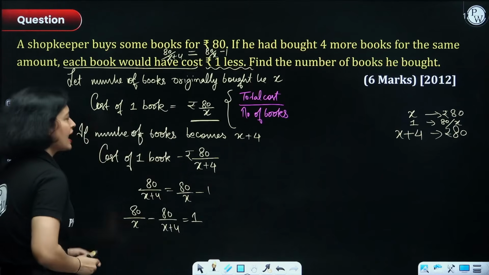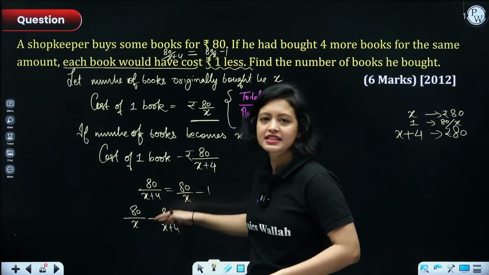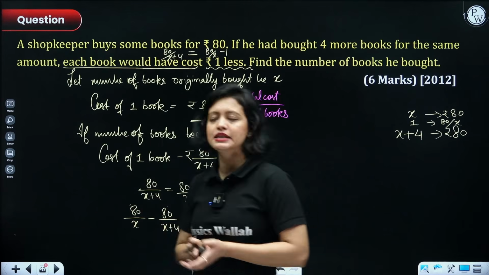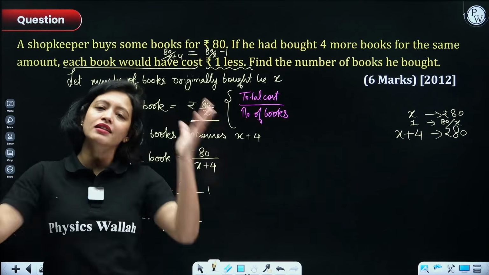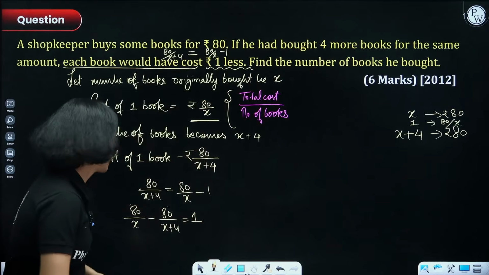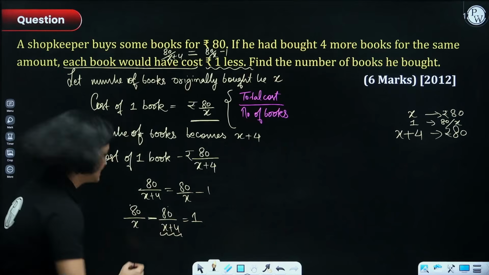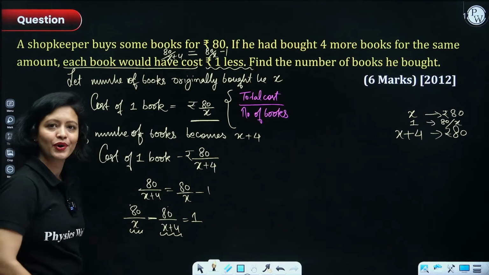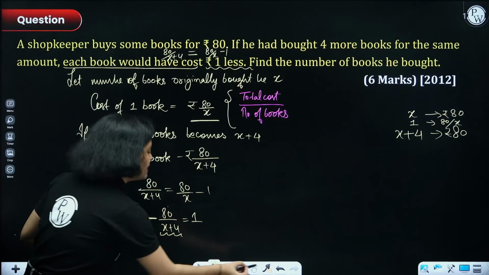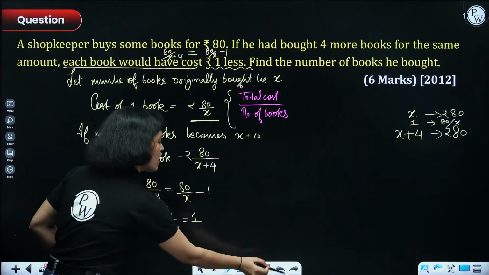Now again, people, if you are always confused about these types of problems, where you get something like this and you're not able to figure out which one to write first, remember this very basic thing: the bigger the denominator, the smaller the number. Bigger denominator means smaller number, so it would obviously be subtracted. Smaller denominator means bigger number, so obviously this number would be larger. If you remember this very basic thing, you will never get confused.